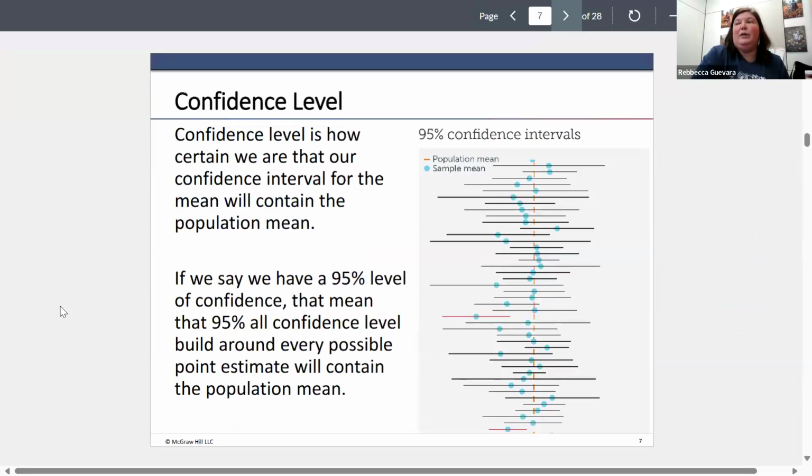Just a quick part, and we're going to go through this again, but the general idea of what a confidence level means is that we're talking about something in percentages, but we're not actually talking about a probability. A confidence level is how certain we are that our confidence interval for the mean will contain the population mean. So if we say we have a 95% level of confidence, that means that 95% of all confidence intervals